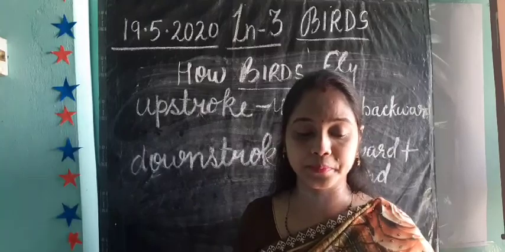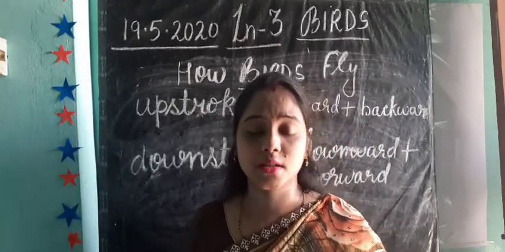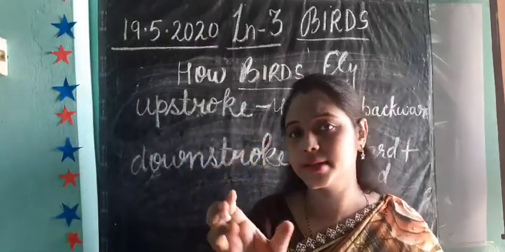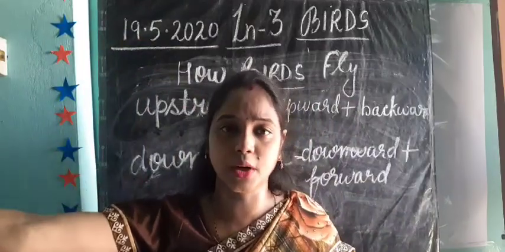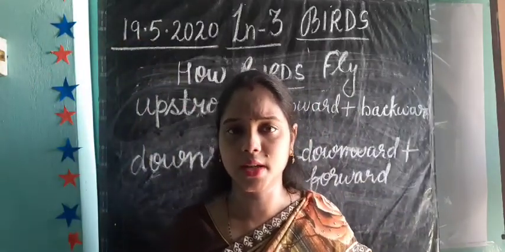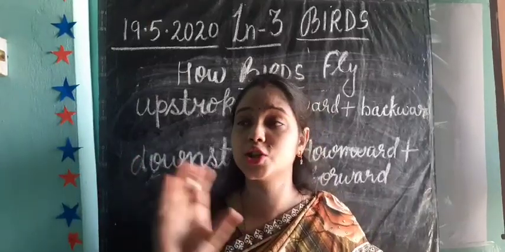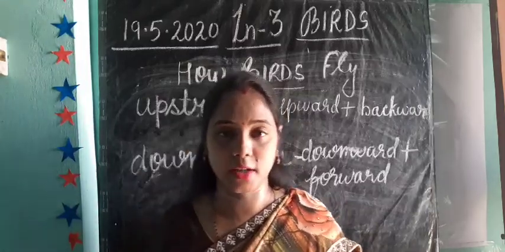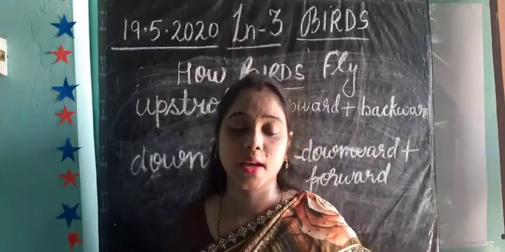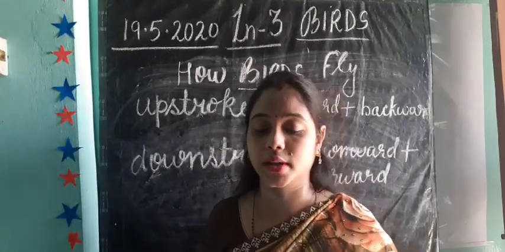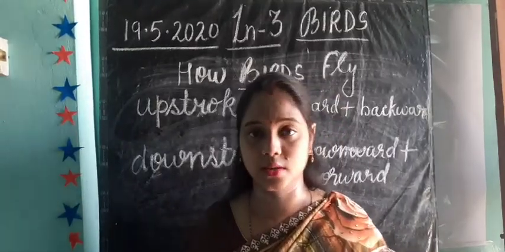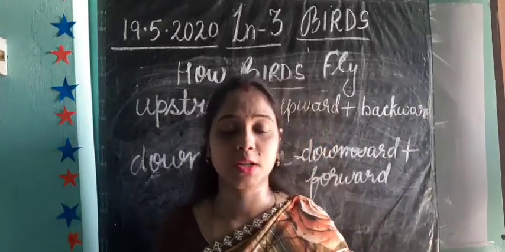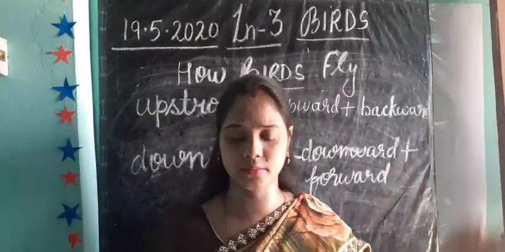Next it is written, birds such as hens, turkeys, peacocks can fly only a short distance. A hen can fly from one boundary to a second boundary. Like this you can see the hen, duck. They are flying but a short distance because their body is also heavy but not like the ostrich. But next, pigeon, swallow and crows can fly long distance. They can easily fly. Crow, swallow, pigeon, they fly long distances.